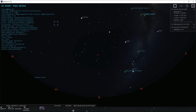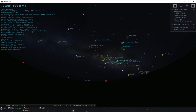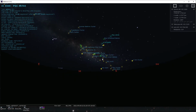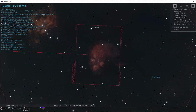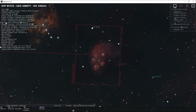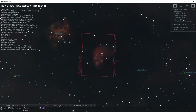So about here is when the Paw Nebula clears my tree. So let's go take a look at it. It's just right up here above the tail of Scorpius, right there. So let's click somewhere in here. So at here, 20 degrees, almost 21 degrees, that's when it clears my tree and when we'll be switching over